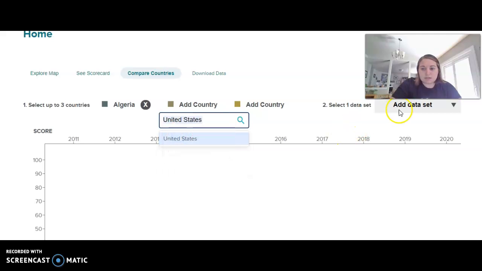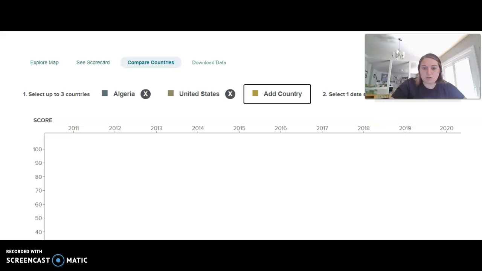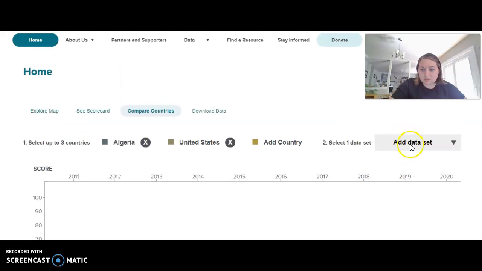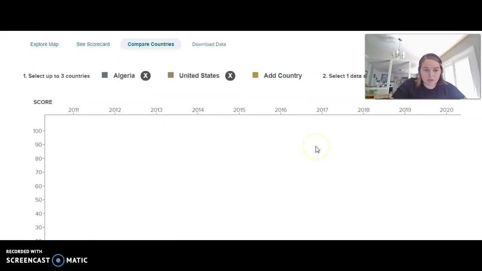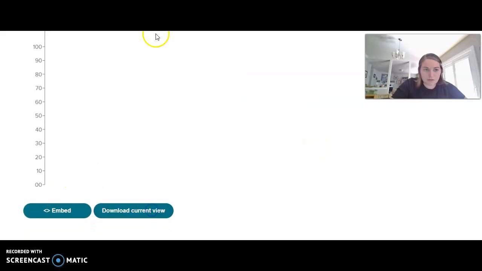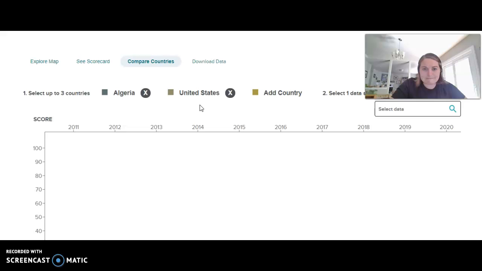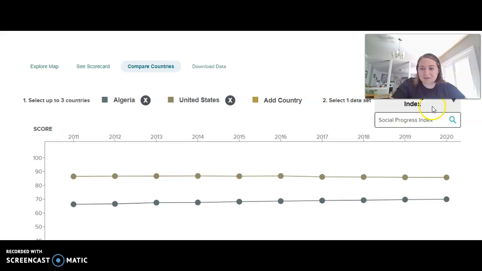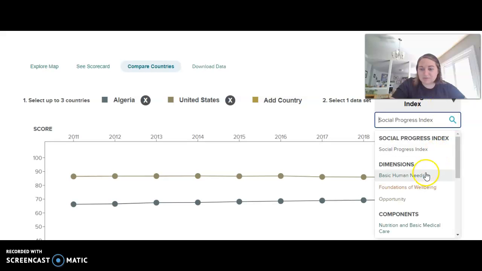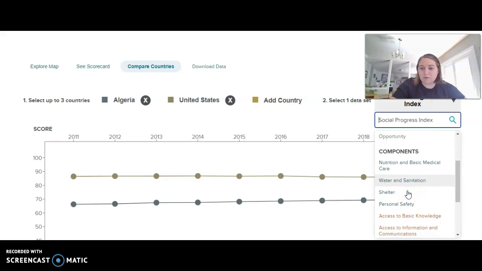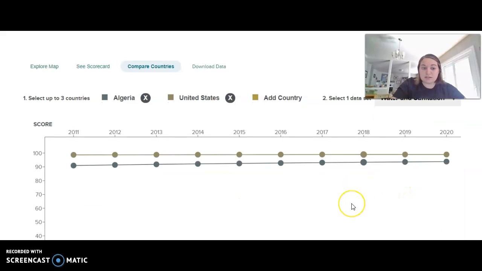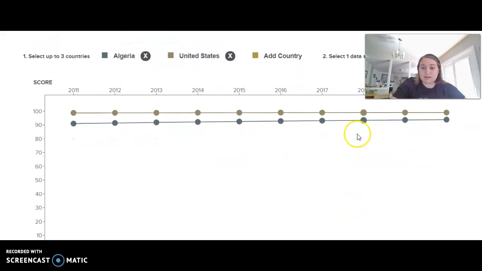And so this is going to show you, if we do that, so you'll click down here and choose your dimensions. So if you say that water and sanitation is one of the things that Algeria does the best, you'll identify why that is, and you can go through and identify where their score is and how they compare to the